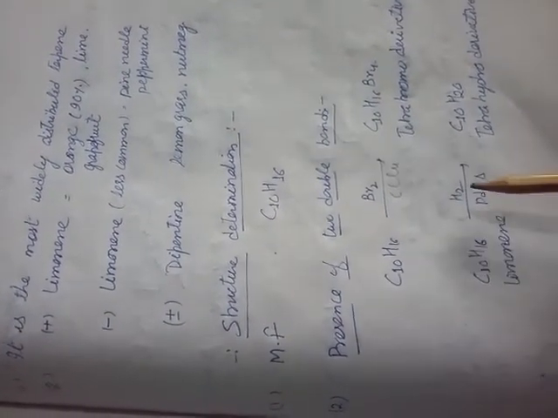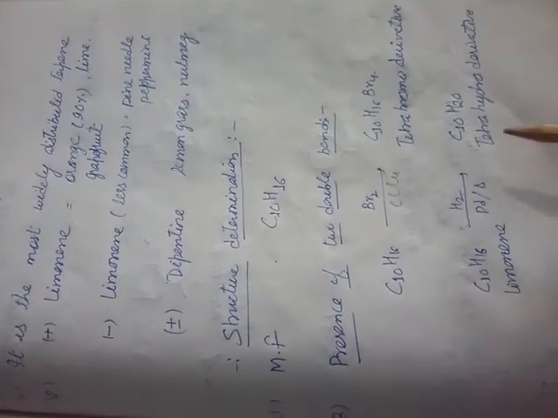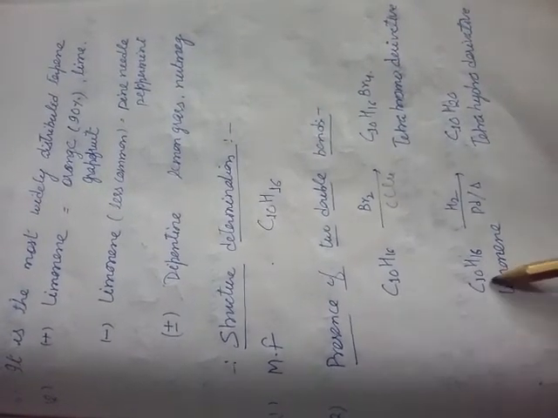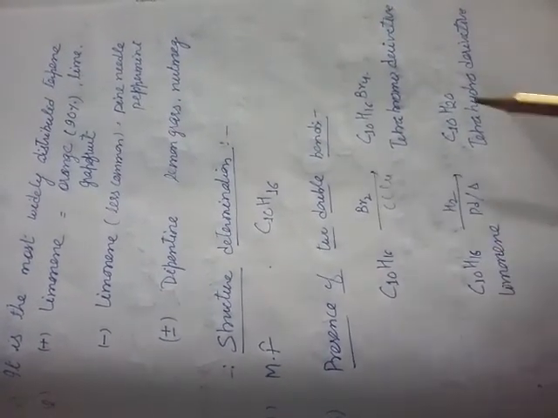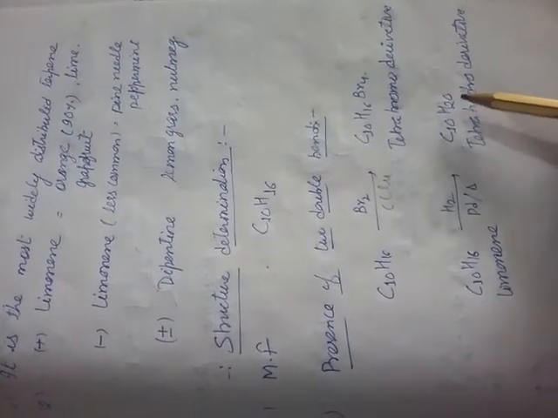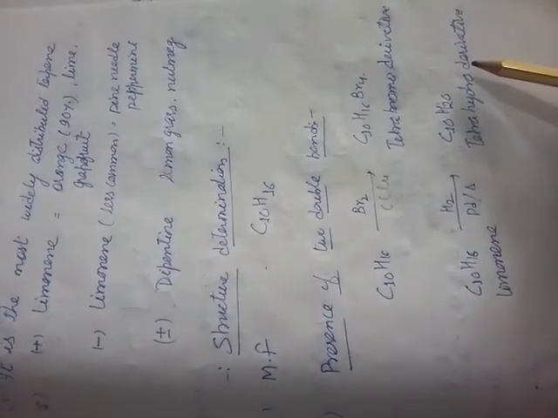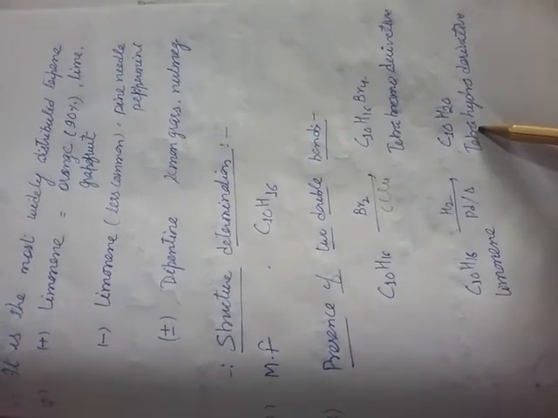The second reaction is the reduction, or hydrogenation, of limonene in the presence of palladium. It gives a tetrahydro derivative. The limonene formula is C10H16, but it gives a compound whose formula is C10H20. So it means 4 hydrogens were added to limonene to give the tetrahydro derivative. So again it indicates that there are two double bonds in limonene.